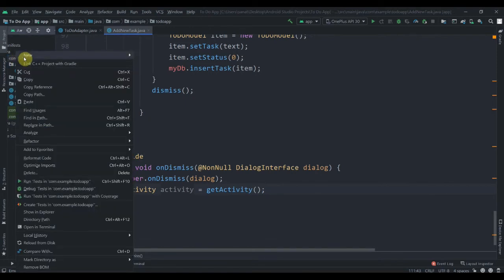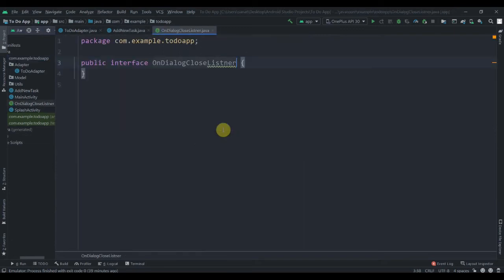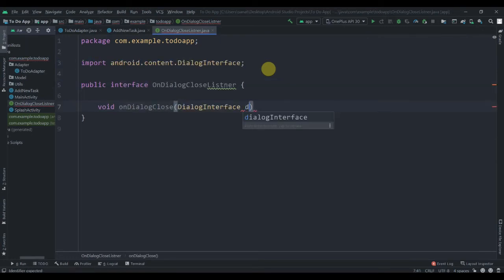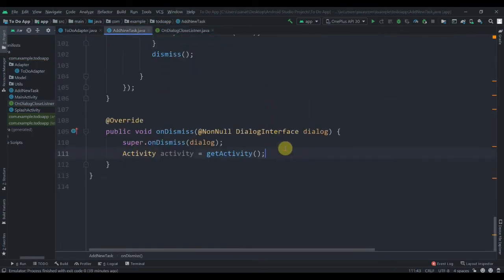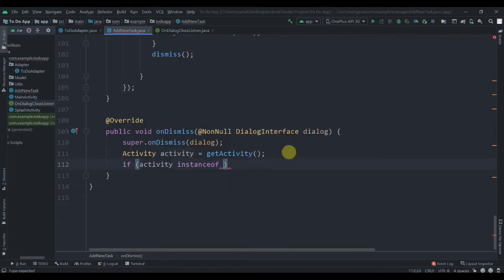So just create a new interface, new Java class, and here interface, we'll name it OnDialogCloseListener, and here we'll just create one method that will be void onDialogClose, and here we'll pass DialogInterface. That's it. And up here we'll check if this activity is an instance of